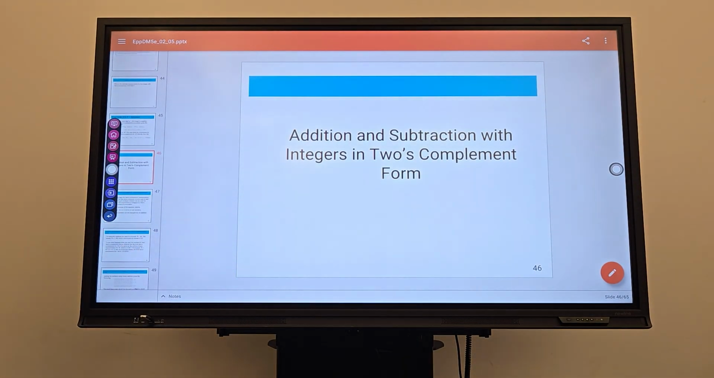Addition and subtraction with integers. The beautiful thing about 2's complement negative numbers is you can add them to a positive number and it acts as subtraction. After all, isn't subtraction just adding a negative number? So it works the same way. 2's complement works that way as well. So if you want to subtract a number, say